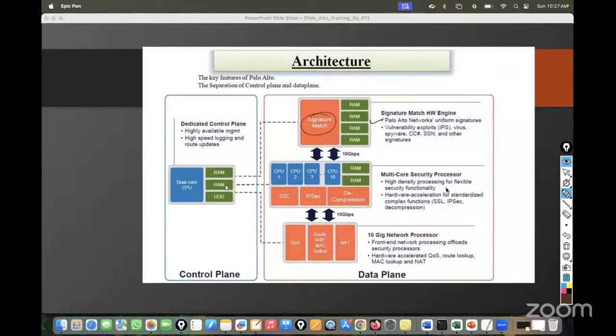If I want to match the security processor, let's suppose I want to check the SSL, IPsec, or do some kind of decryption, then the security processor is responsible. If I want to do any networking stuff, let's suppose QoS, route map, MAC lookup, NAT, then it is the network processor. So they have different hardware, and different kinds of checks are going to happen,